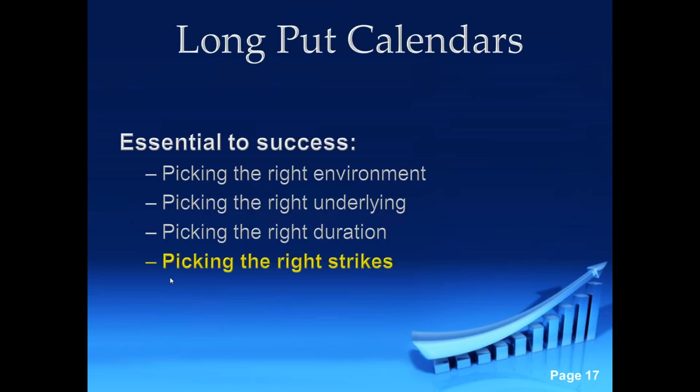So that's something we would like to see, where we get a bit of that bounce, and we get that front month theta decay happening. It gives us enough time to get that theta out of the front month and get that premium erosion, and then get out of it and watch the market free fall. All right. Because then we got that long put on for very little money, and it feels like it's on for free in a sense. But picking the right strikes.